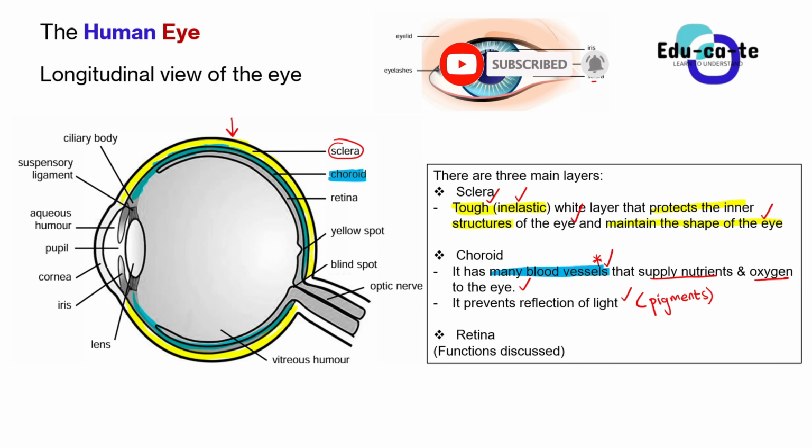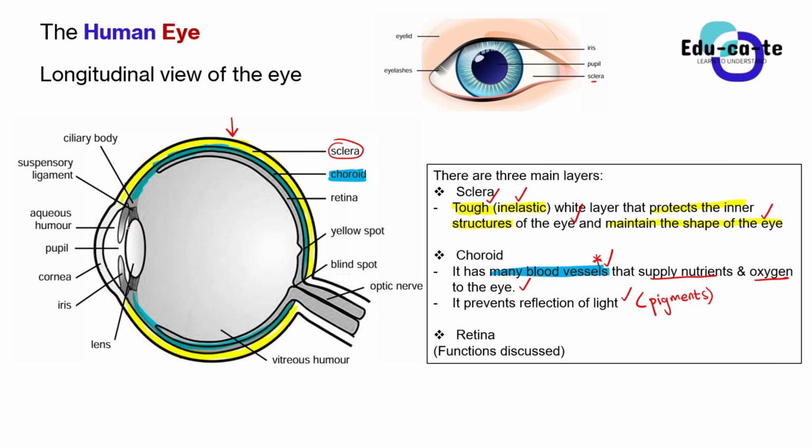This will make sense when we study the structure and how it works. But basically, if there was no choroid, when light enters your eye, it will be just scattered and going in many different directions, and it will be reflected, and it will be just a mess, and you end up seeing what's inside your eye instead of seeing what's outside. It's kind of a freaky thing. So the choroid is the one having those pigments that absorb the extra light rays that we don't need in the eye.